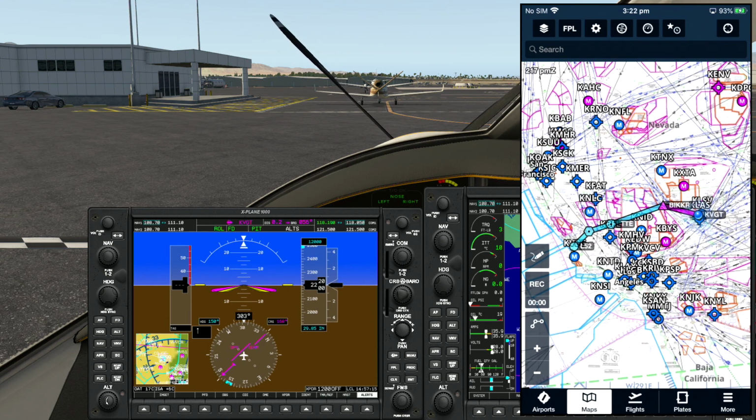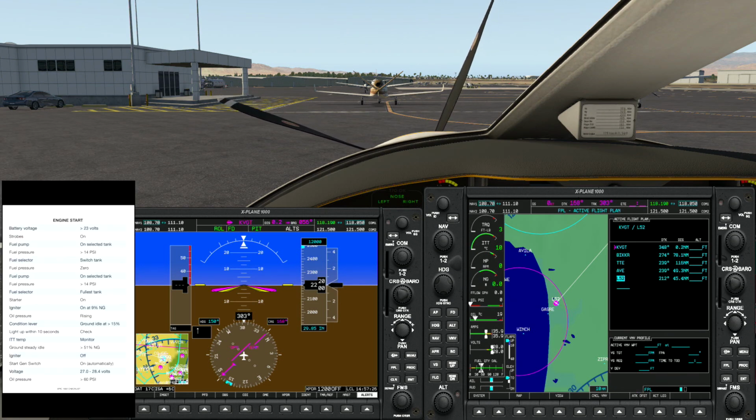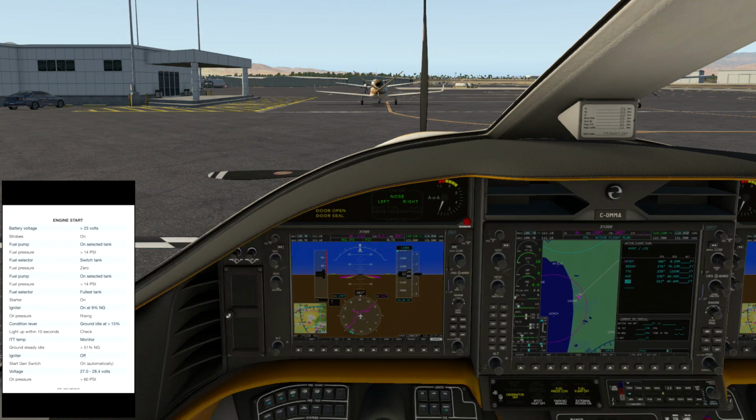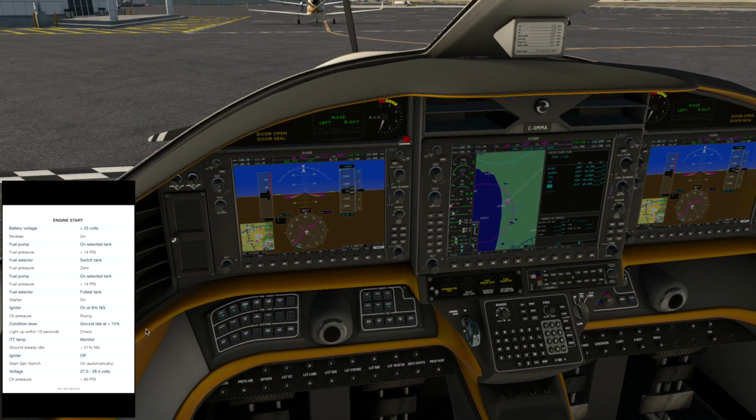So let's go ahead. We've got the fuel. We can go ahead and start. We'll continue the checklist now. Okay, so we are on, which tank are we on? On the right hand tank. Okay, so I'm going to put the fuel pump now on the right,